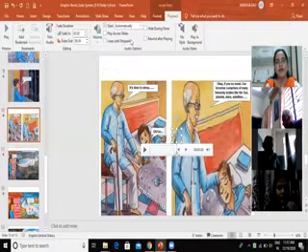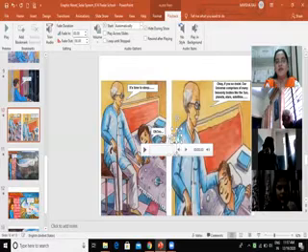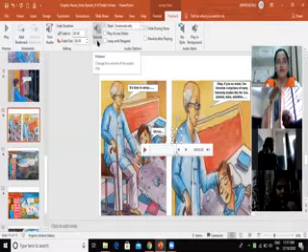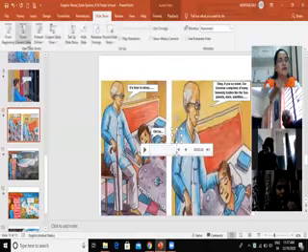So I will choose automatically, and I will also check this checkbox, hide during show, so that this icon is not visible when the video is being played. And I can also set the volume from here. So for the dialogue, I will keep the volume as high. I'm going to play this and show you how it will be audible.